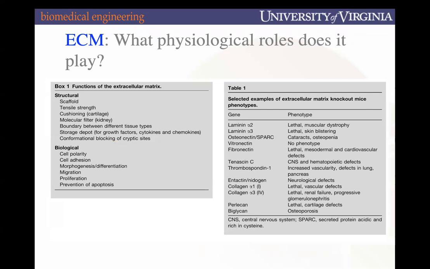Other important cues are morphogenesis and differentiation. A way to describe morphogenesis is that it's the development of new tissue, typically during growth and development. Differentiation is the specialization. What ends up happening is that if you take stem cells and put them